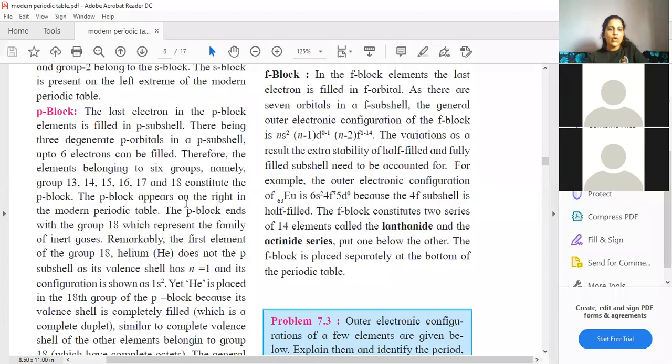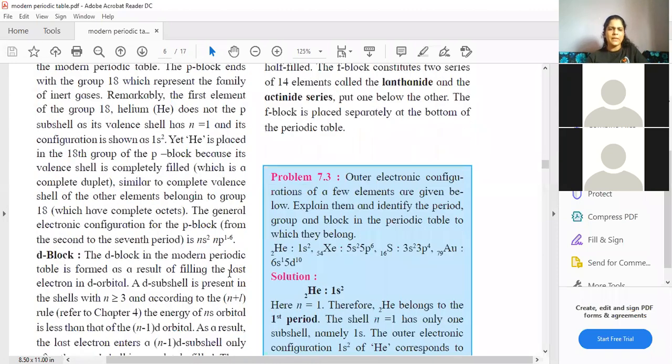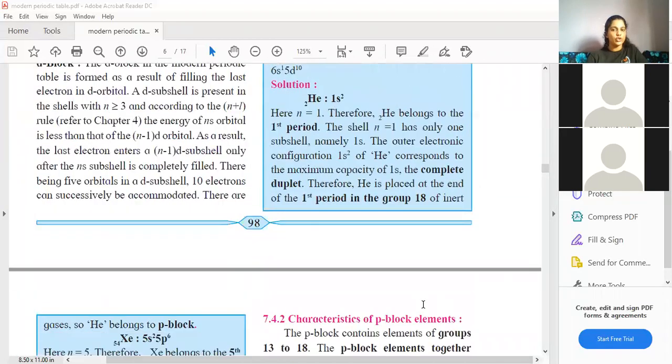Like for example, if you all are looking at the configuration for P block and you are getting a little bit confused, take any element from P block and write its configuration and see whether the valence shell is satisfying this general form. You all can check it on your own. So for others, if you want to check, it is up to you, but the F block one, the homework that I've asked, everyone has to complete, because I'll ask anyone to tell me the configuration. Okay, so everyone has to do it.